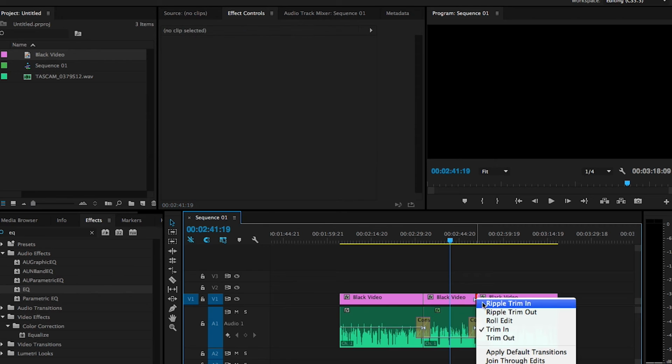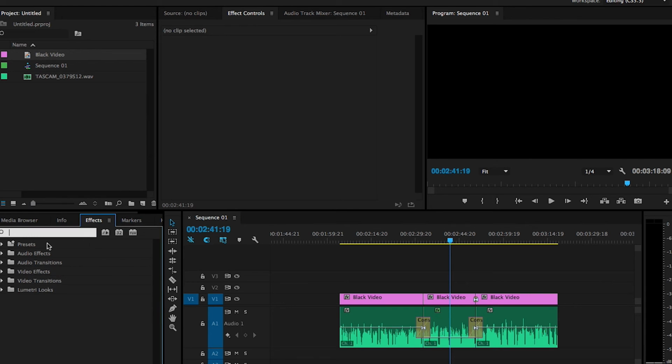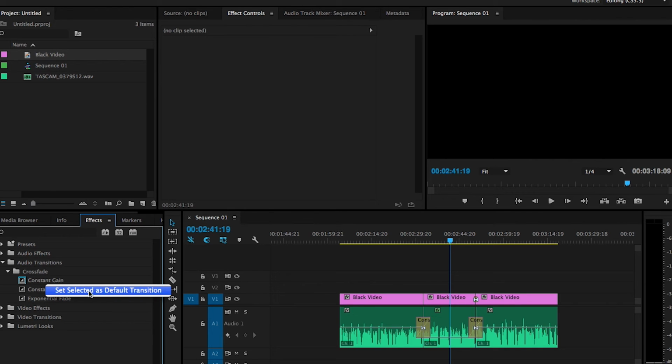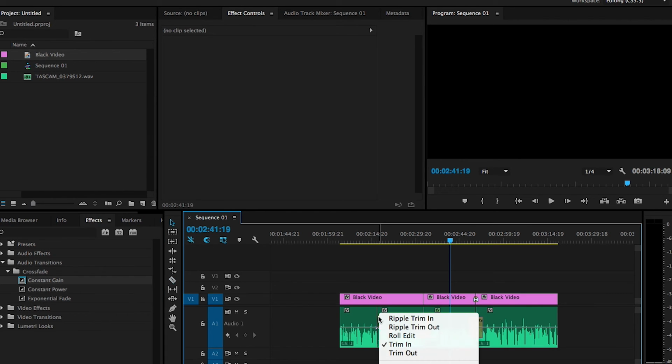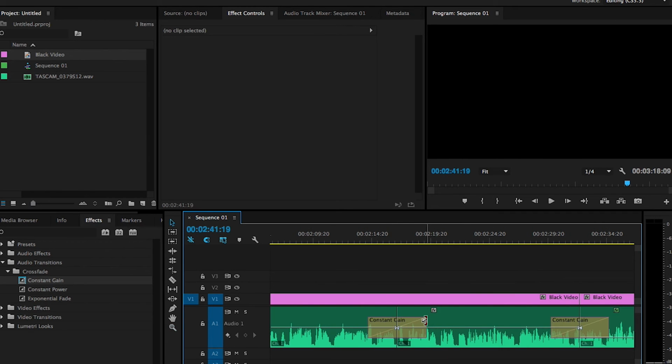And I'm sure a lot of people know how to do it, but this apply default transition, if you pick an effect over here, so if we clear that out and we go over to audio transitions, crossfade, you right click and you select it as default transition. That will make it so when you make an edit and you apply default transition, you get the constant gain instead of constant power or exponential fade, the other ones. You can play around with those, certainly, if you like the sound of them, but I've had much better success with constant gain. And this defaulted right now to a 5-second transition,